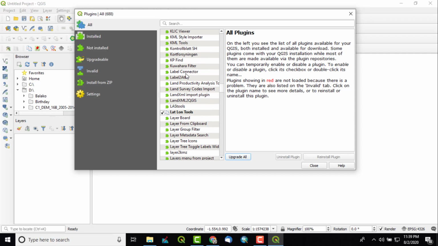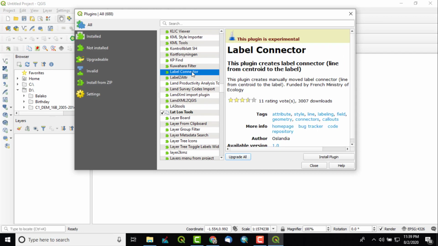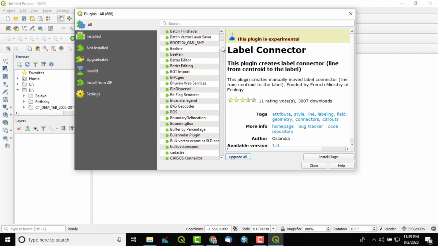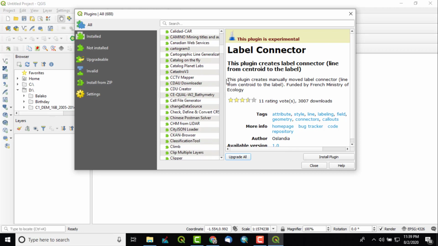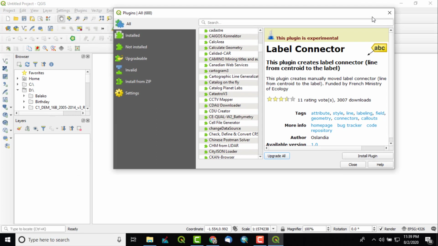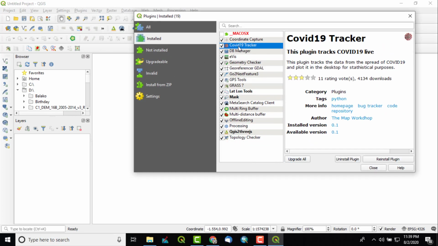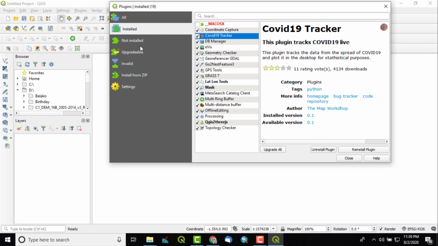Suppose I want to download the label connector, or I will show you a recent one. At present there is a COVID situation, and on that also they have prepared a plugin. I have installed it actually. This is the COVID-19 tracker I have installed. The latest plugins are shown here.